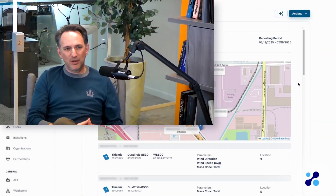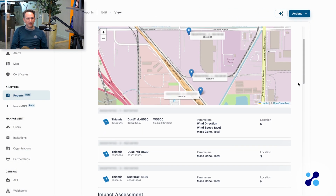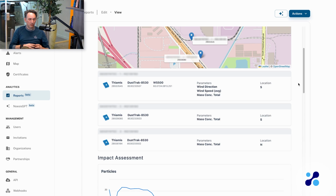In other words, it's thousands of hours, essentially, that it's cutting down from processing data manually, whether it's downloading the data from the instruments, creating reports, and so on. And I think one of the most popular ones for you guys is the perimeter monitoring, right? So that's a very big